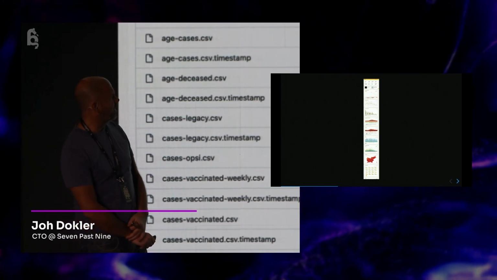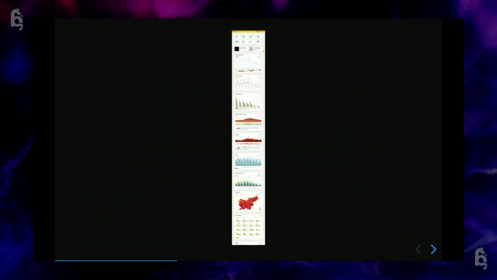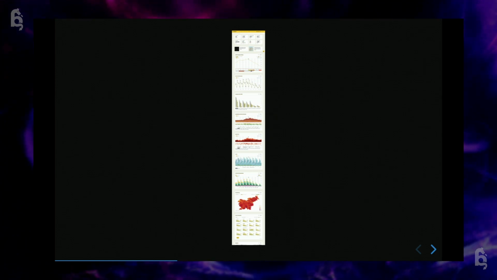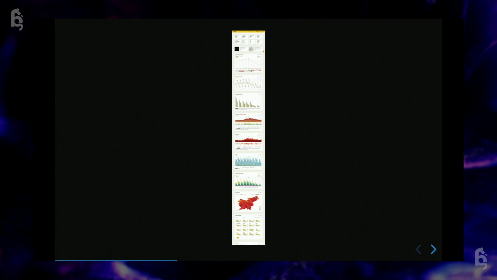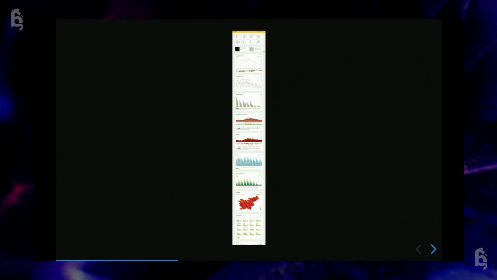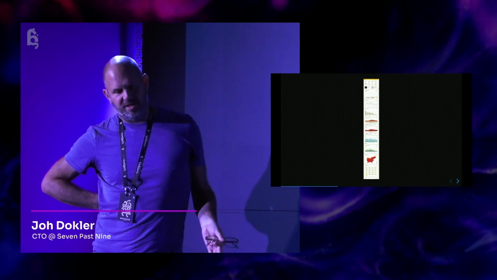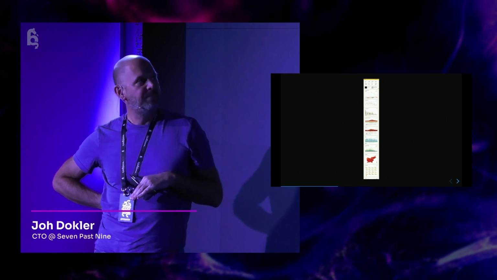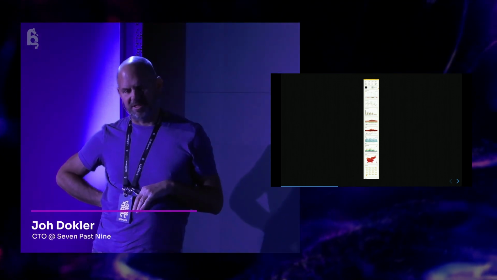Okay, so if we go to the next stage, this is the final stage. This is the result of all this data gathering and processing, because there is a lot of it. This is how the website looks. This is probably a third of the page. It goes on and on. At the moment we have around 30 visualizations that cover quite a lot of aspects of